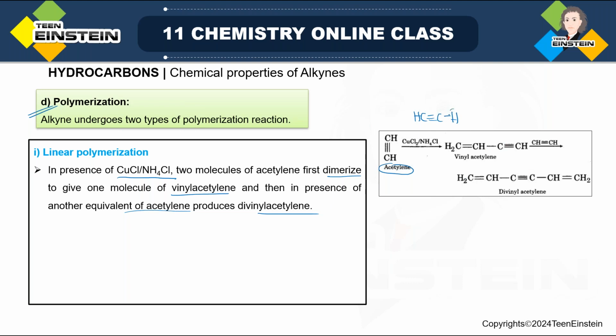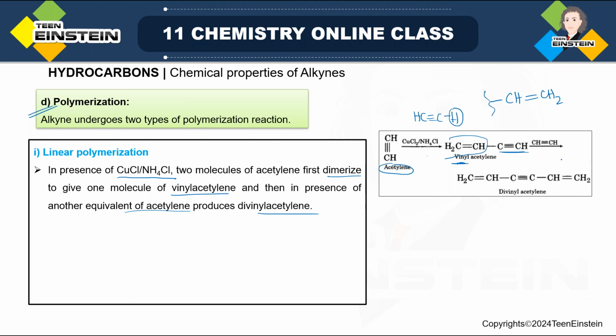As if this H is replaced by some C=C double bond. This part is called the vinyl group, and this part is acetylene. So as if the hydrogen of acetylene is replaced by a vinyl unit. This is the connection part, and this is the vinyl unit. That is why the name is